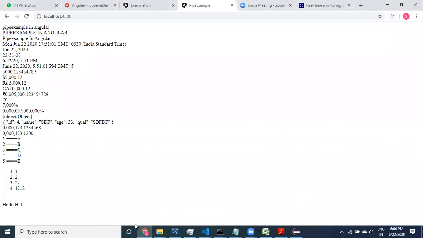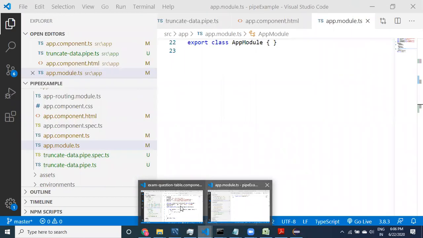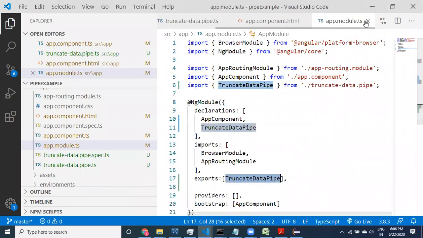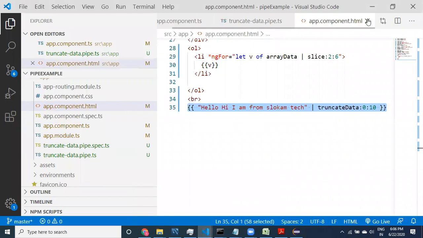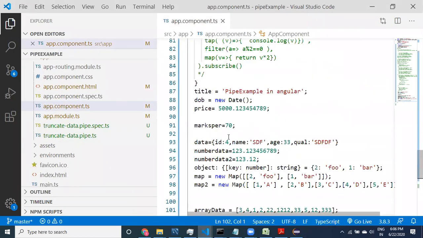If I want to display values one by one, what do you need to do? Go to the component, the app component, and you may take some values.